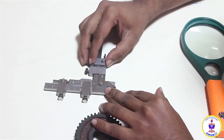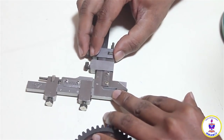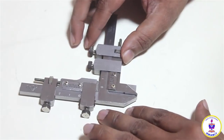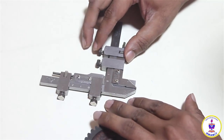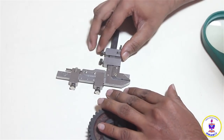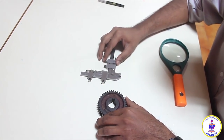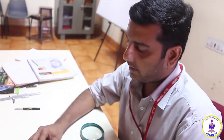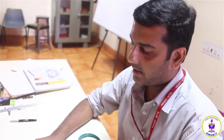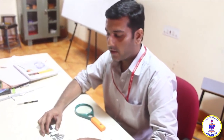I will find out its difference and the percentage error with the theoretical values which can be obtained. The accuracy level is fixed depending upon the kind of gear and the applications of the gear. If it is going to be very fine accuracy, such as an automobile, it may be 1% error. If it is some other application like basic lathe machines, it can be 3% to 4% error. So by calculating the difference between the theoretical and experimental value,